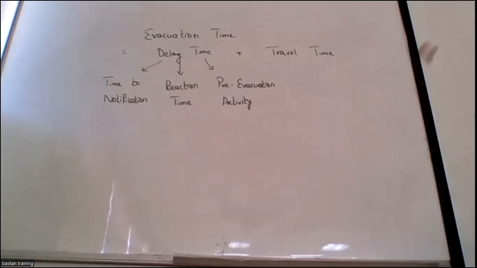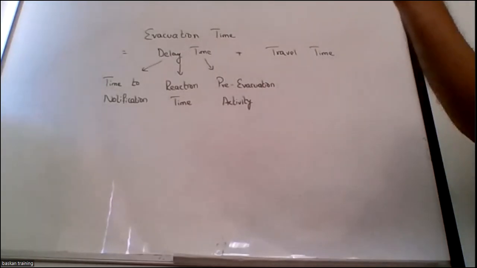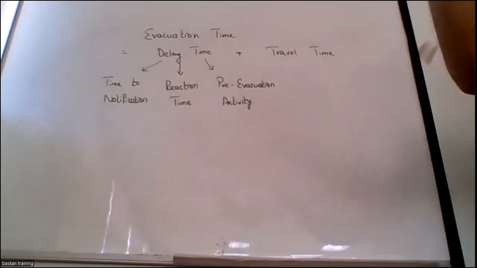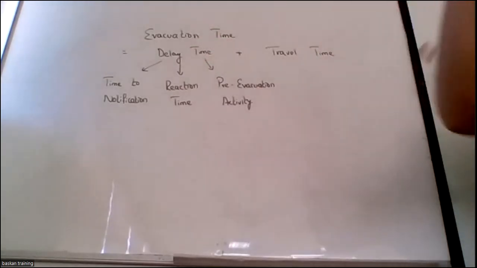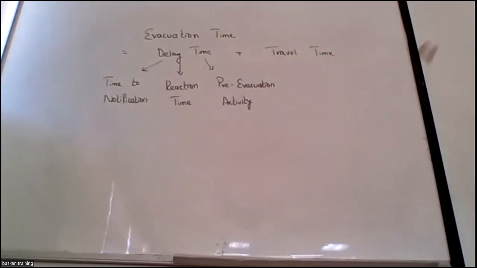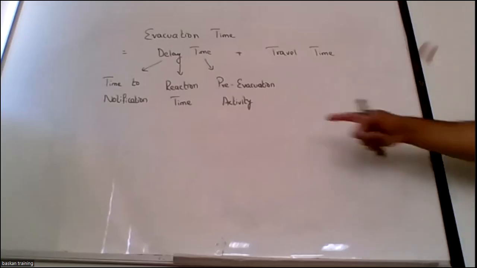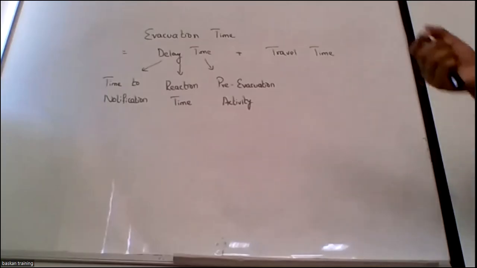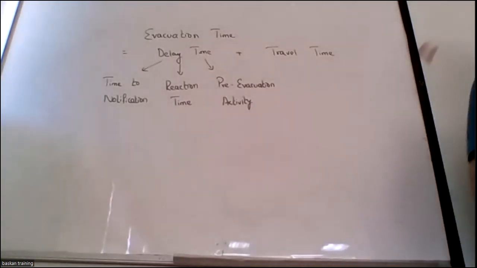For example, maybe I've narrated the same example, a jewelry shop. If he wants to evacuate, he cannot leave the jewelry shop open. He has to close all the bars, lock all the mechanisms, shut it down, double, triple, whatever locking mechanism he has, to completely secure it. Then he will leave. So his pre-evacuation activity time will be far greater. Pre-evacuation activity time changes with the occupancy type, but it is a very important factor that can contribute towards the delay time.